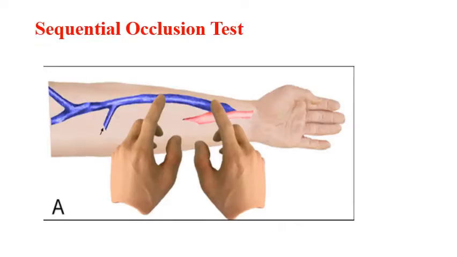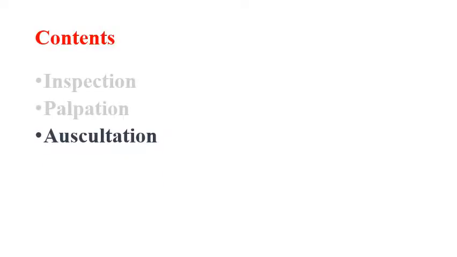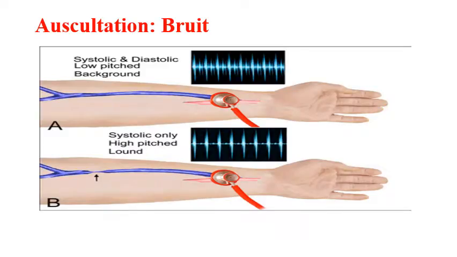So after you do the inspection and palpation, we can after this do the auscultation. Usually if you try to auscultate the AV fistula, you will hear a bruit which is like the thrill, but this is auscultated by the stethoscope, which is systolic